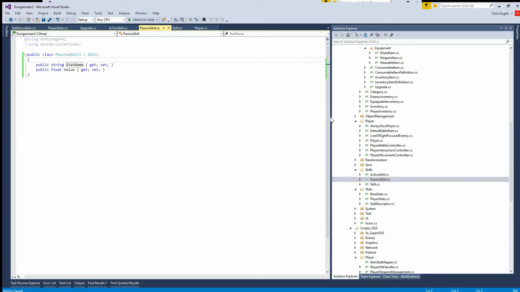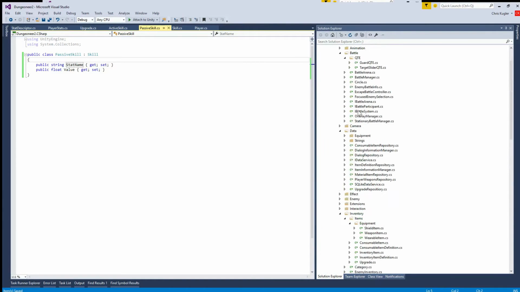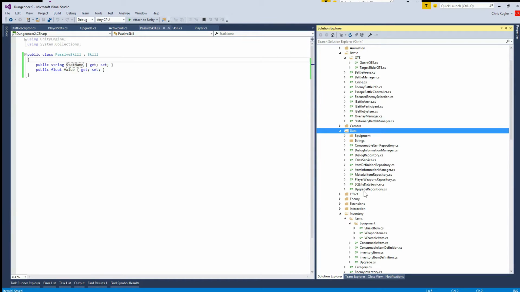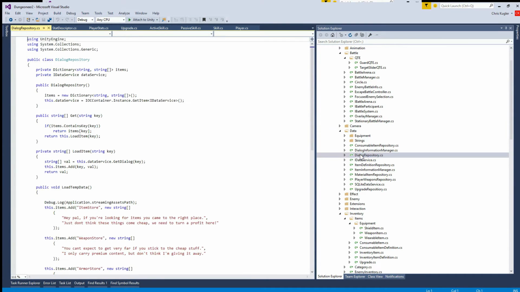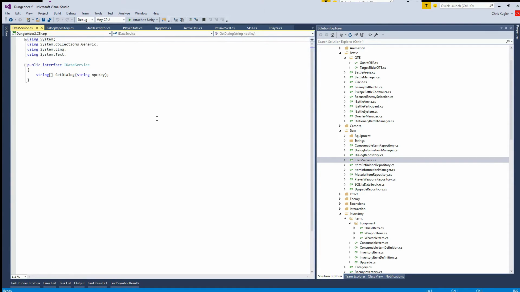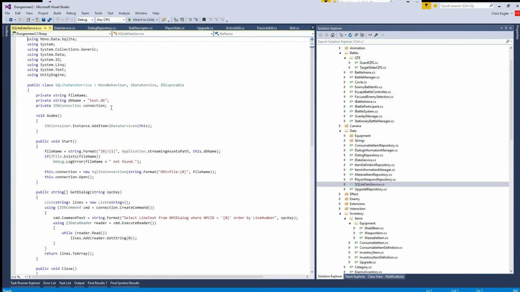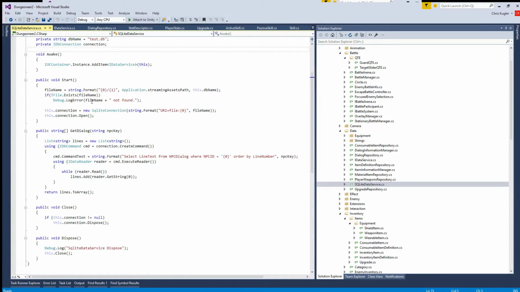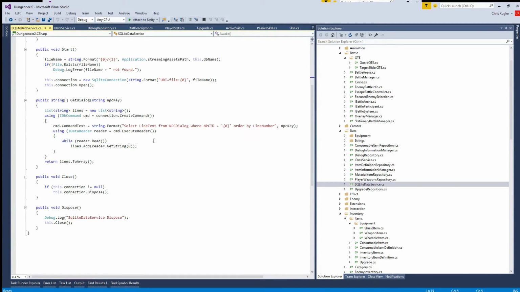I am going to have a repository of stat skills. And I'm going to create a temporary one here. So you'll see I've got this dialog repository that goes through this IData service. This is my implementation of my SQLite. Well, that's an interface that knows to get a string array of dialog entries based on this key. I have my SQLite data service, which has my SQLite database that has some very temporary table information that I was experimenting with, and it implements this and knows to do the select statement for my database given the criteria